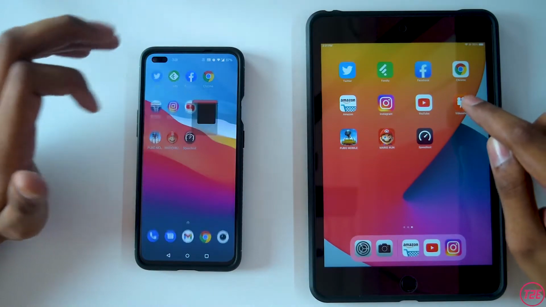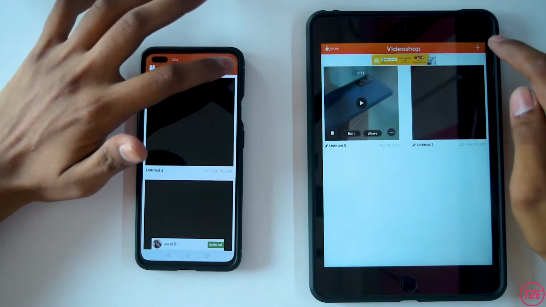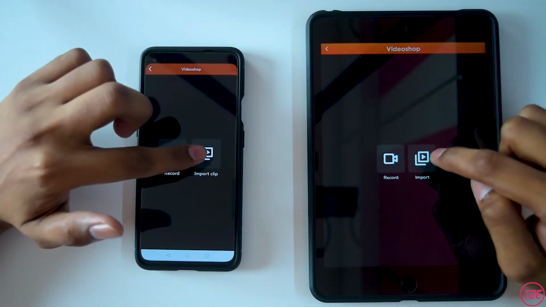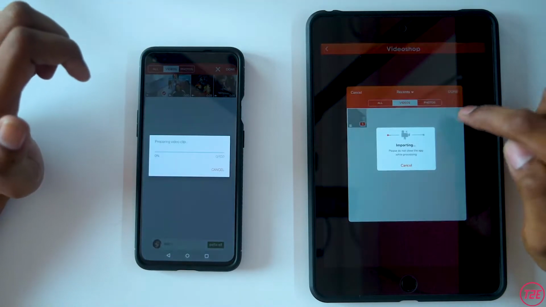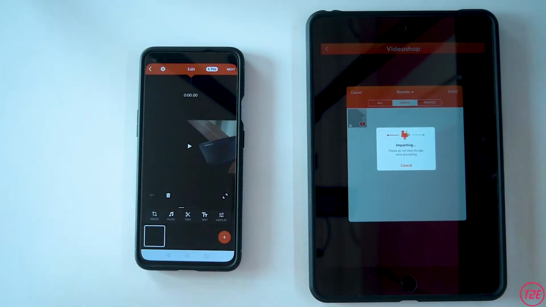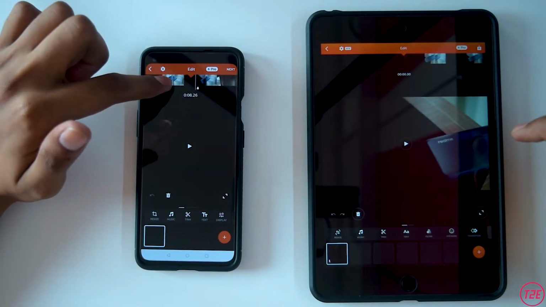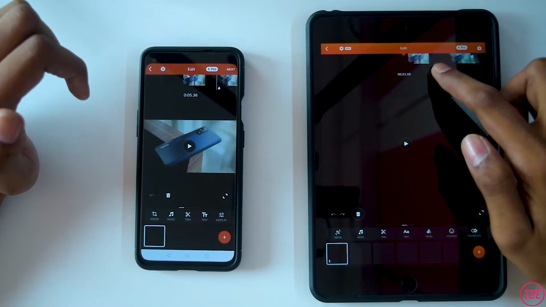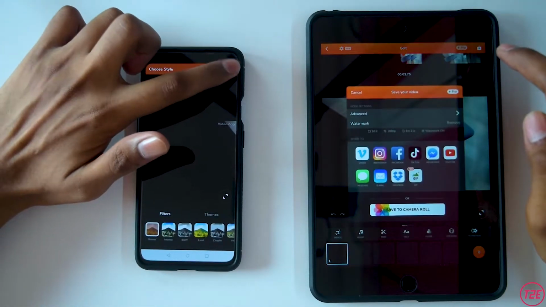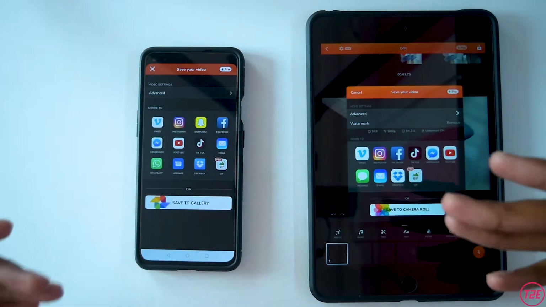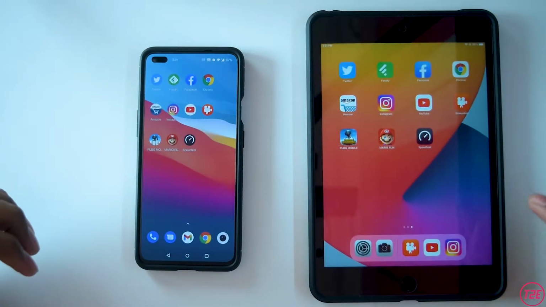Going on to the next tab is Video Shop here guys, and in here what we will be doing is basically importing the same exact video clip on both of them. So I've got the same clip on both of these devices, which is a 1080p 60 fps video file, and I will just quickly forward it a bit here and then here as well, and we will keep it ready to export, so that after the memory management round we can see which device exports it faster. So I will again keep that in memory.